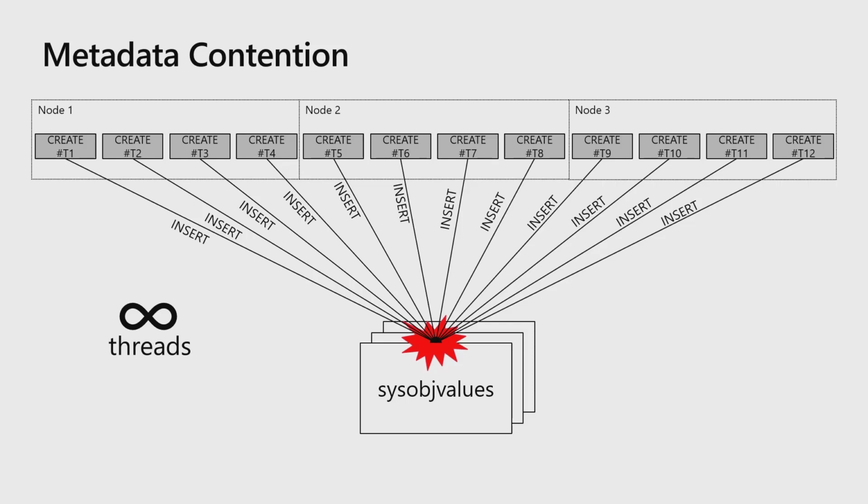So whenever you create an object in a user database or in tempdb, there is metadata that needs to be recorded for that object. So what we're tracking is: What are the different types of columns that are in it? What are the different data types in those columns? What is the name of the object? Where is the object located? All these kinds of things are stored in these system tables within the database,